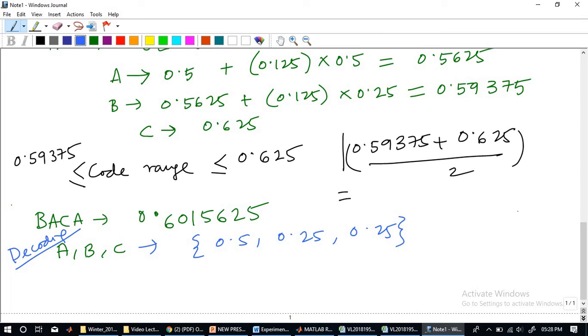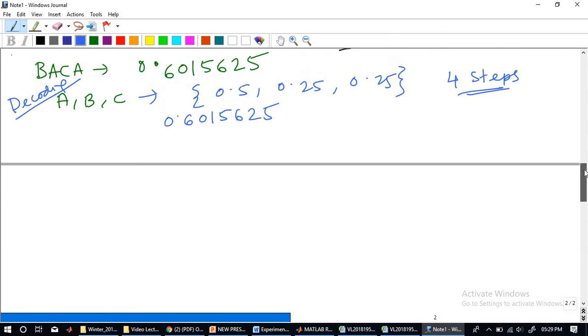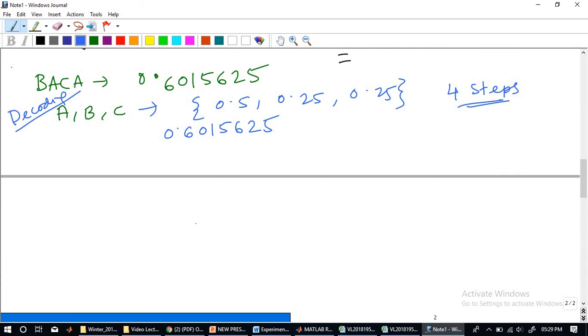That is very, very important. You will soon find why that is important. So we will have to decode till 4 steps. This will be mentioned somewhere. Okay. If it is given, then decode the value 0.6015625 to the corresponding message. Okay. So the process is very simple. I will not do the overall work. I will just give you the hint how to do it, because it is a laborious task of doing it once again since we have done the encoding.